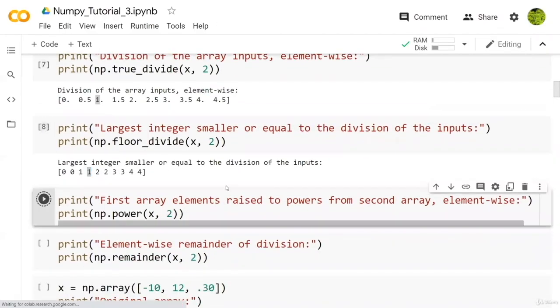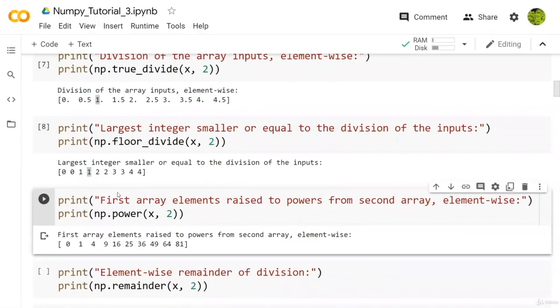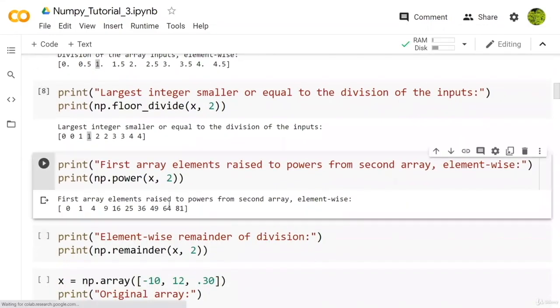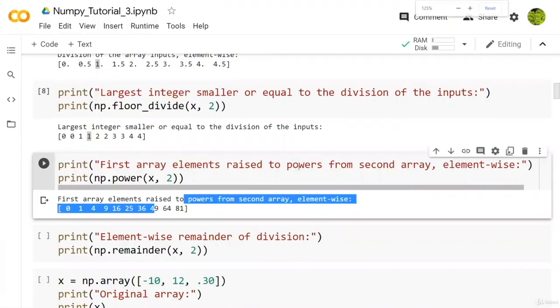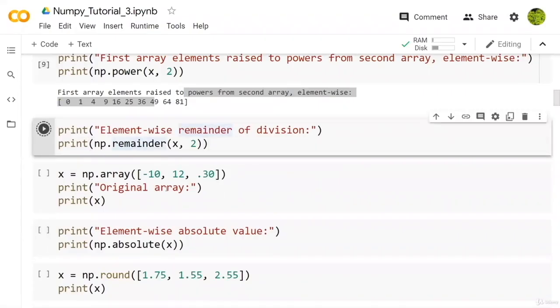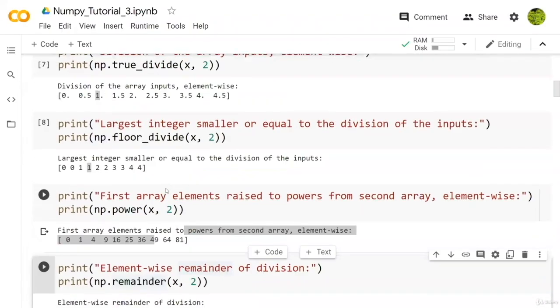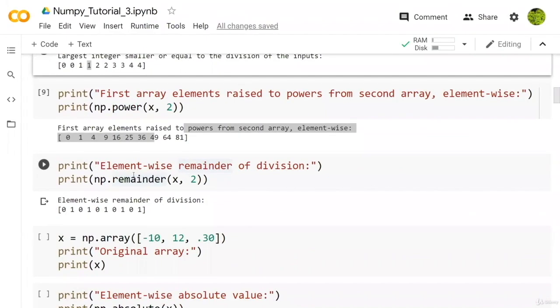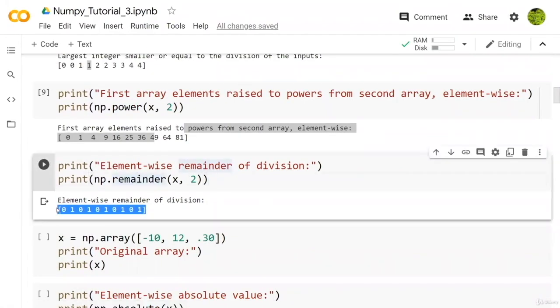Okay, so now let's see if I take a power of each. The elements from 0 to 9, each value will be raised to the power 2 this way. The next one is finding the remainder, which is also possible. So true division gives you a true divide, floor division will give you the quotient, and if you write